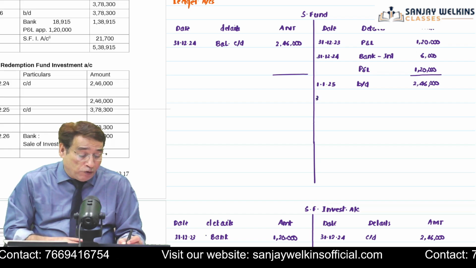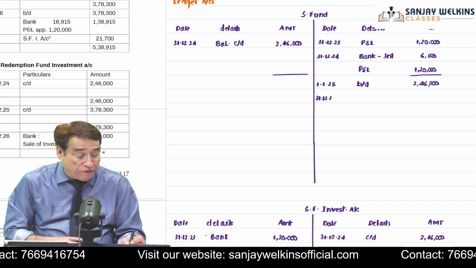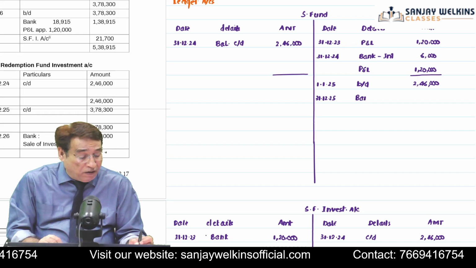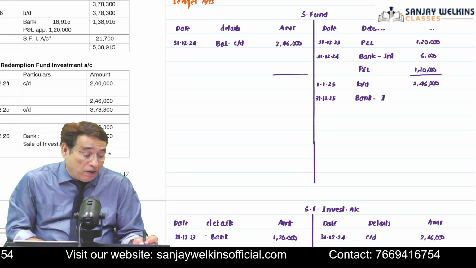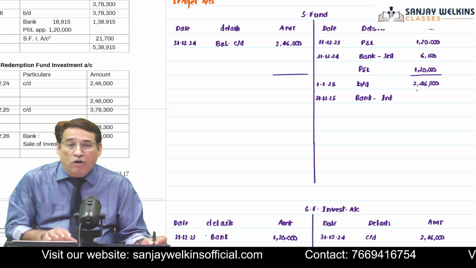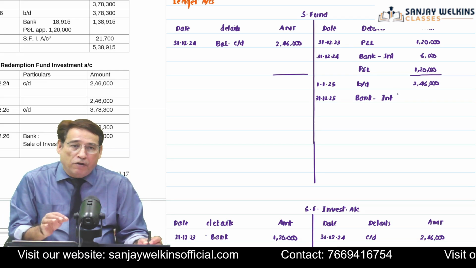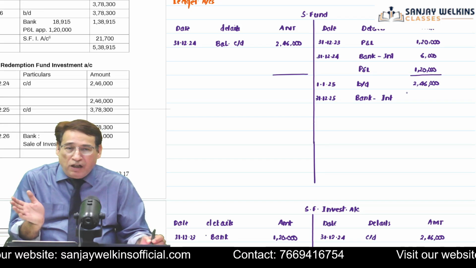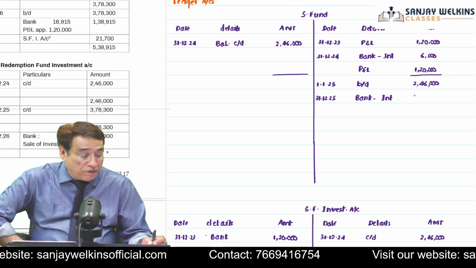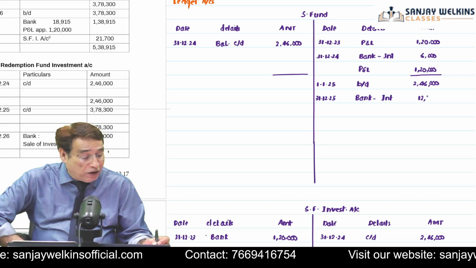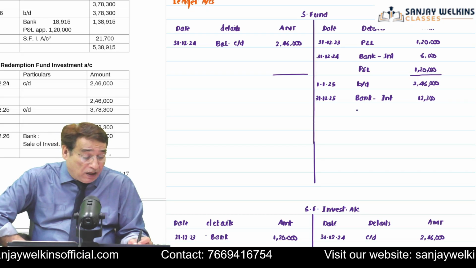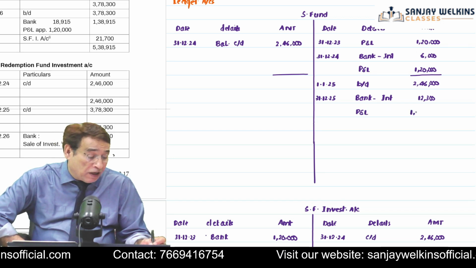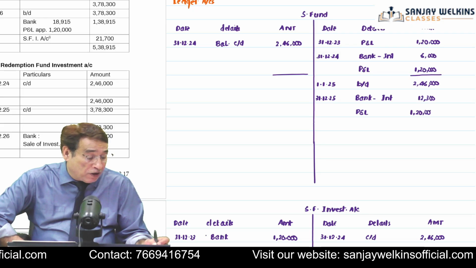Now we will move to the end of the third year, that is on 31st of 12/2025. Obviously, first of all, I am going to receive the interest, bank account debit. As you know, if you are preparing the ledger account, it becomes a little bit easier to compute the amount of interest. Whatever balance is there in the investment account, 2,46,000, you simply apply the interest rate. So 5% of 2,46,000, 12,300 will be your interest, as we computed earlier also. Again, I am going to transfer from the profit. So by P&L, 1,20,000.